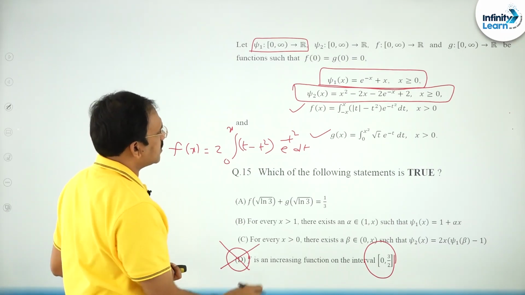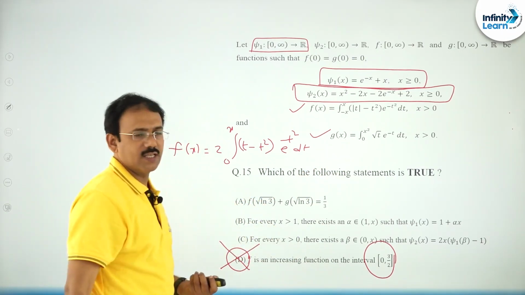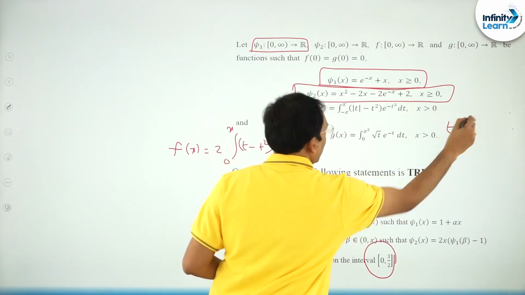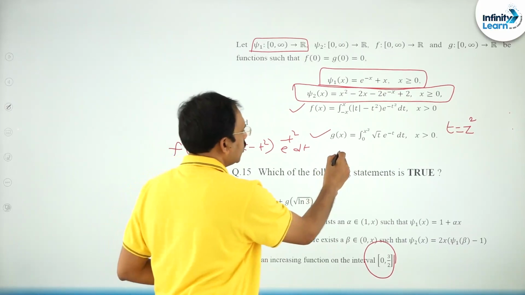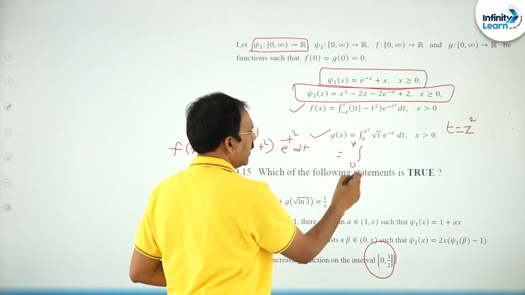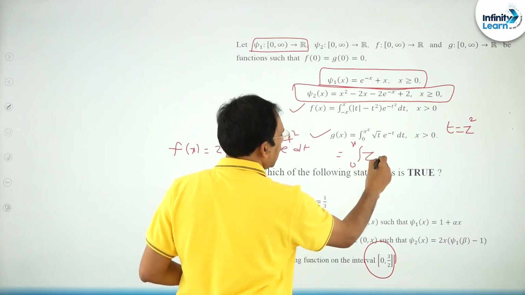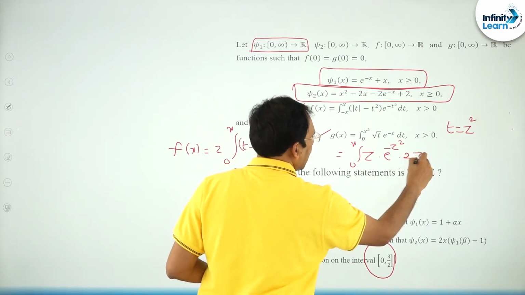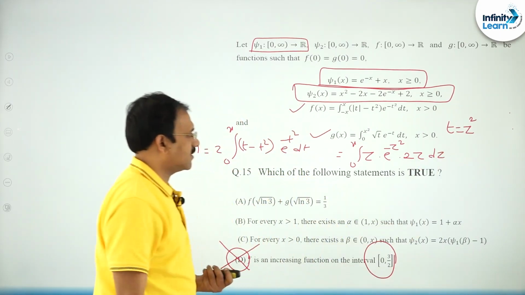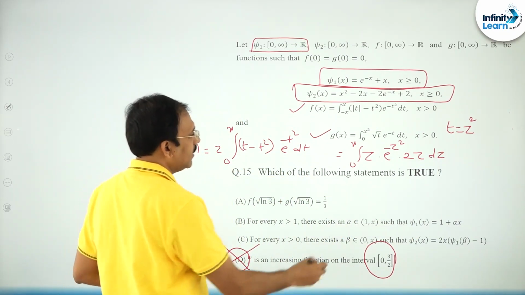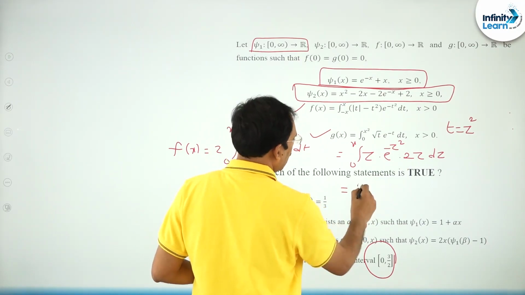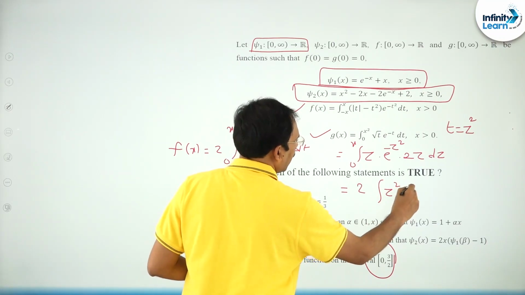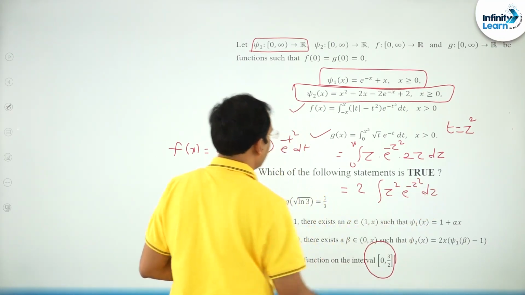For that, friends, you just take g of x. To find the integral easily, put t equal to z square, a substitution. So it is going to be, friends, integral 0 to x, root of z square is z, e power minus z square, this is 2z dz. Am I correct? Yes. So friends, in this I can say 2 comes out, integral z square into e power minus z square dz is left.